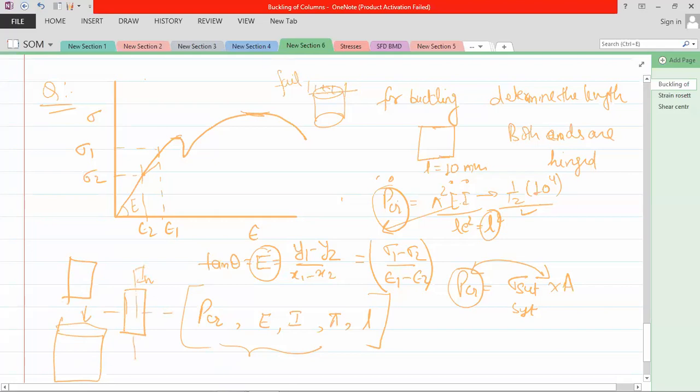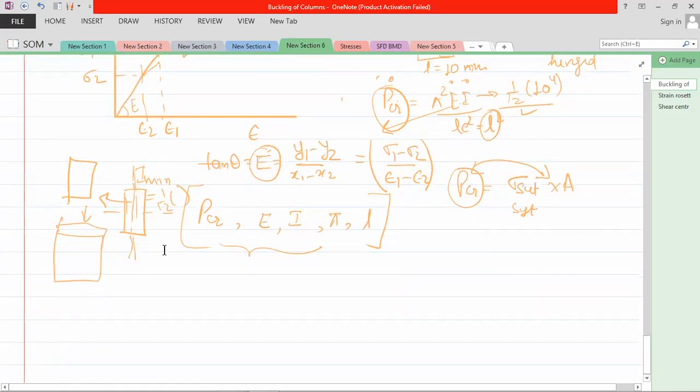Which value is I minimum? I minimum is equal to 1/12, whatever the configuration. It will not buckle in every plane; it will only buckle through one plane, the one that tends to make the movement here. I am unable to draw in 3D, but let me try if I can draw. This is your beam or rectangular section.